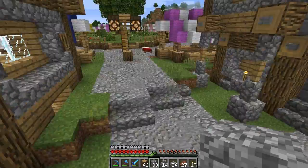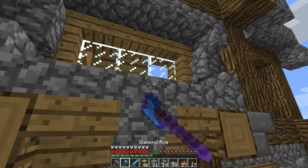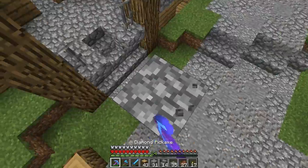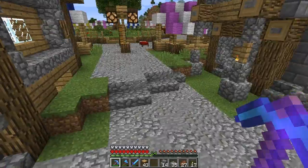I also repaired the area over there. I need to start doing it. Like, if I leave it, it doesn't get done. There we go. And we need...